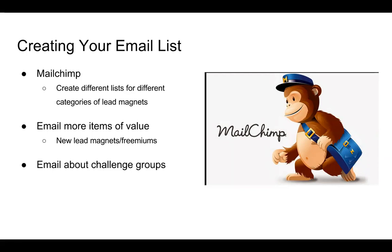My business just isn't to the point where I need to pay for it. So right now on the free version, I am able to create different lists for my different categories. If I have one lead magnet specifically for clean eating or for joining my clean eating group, that's one category. And then I'll have one for workouts. And so I know that when my next free clean eating group comes out, I'm able to email the free